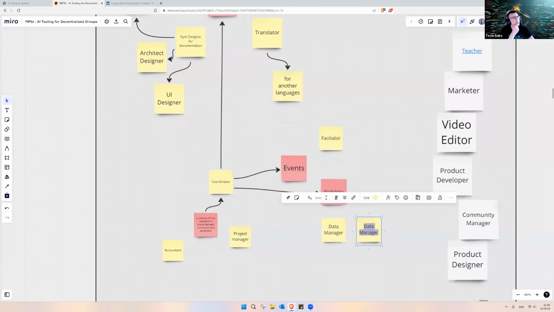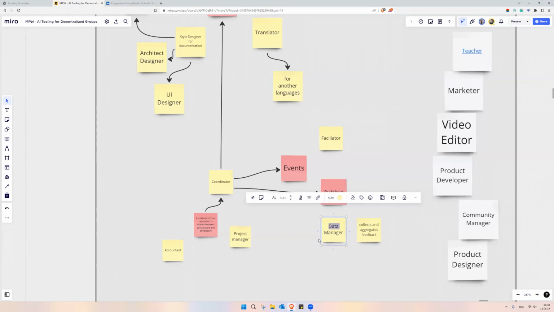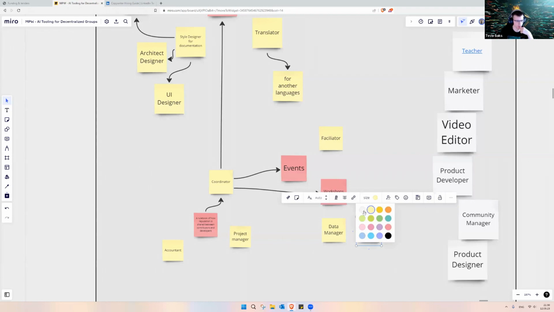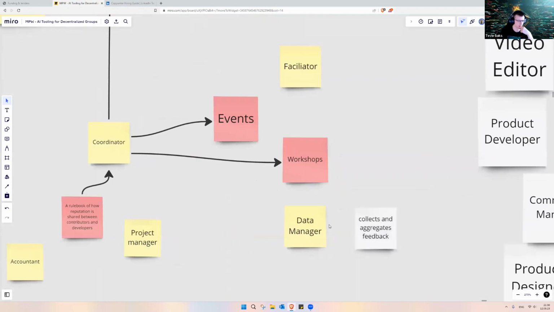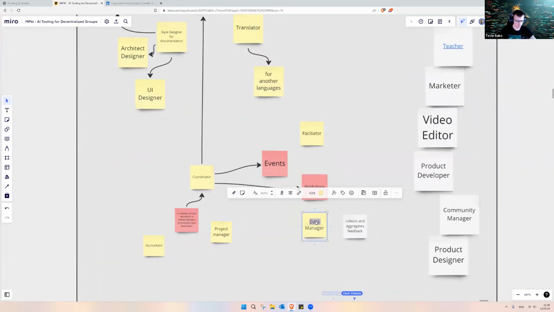Data manager sounds like quite a high-level role. Would it be possible to scope it down to something specific? Okay, I think maybe a community manager instead of a data manager, if this work would be collecting and aggregating feedback. Yeah.